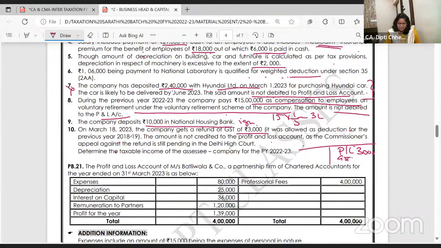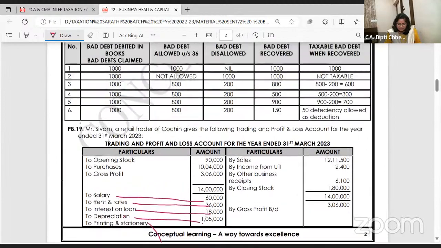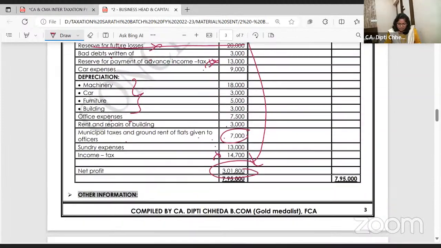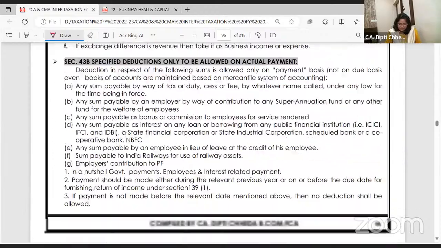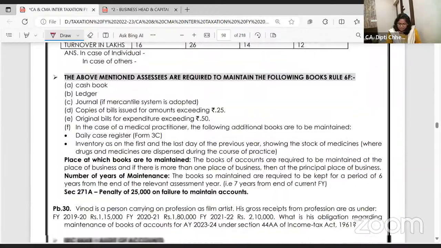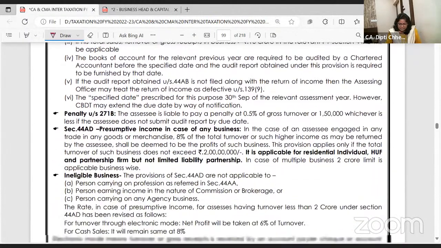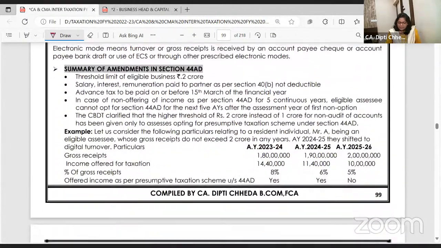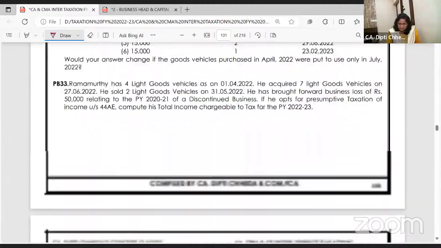1 class extra. Shall we go back and do one more problem orally? एक दो और अच्छे प्रॉब्लम हैं, करें सारथी मटेरियल में. They are not there with you but you can do it with me. And then we are going to do presumptive taxation. Yes, right. Just last one more problem I am doing orally.